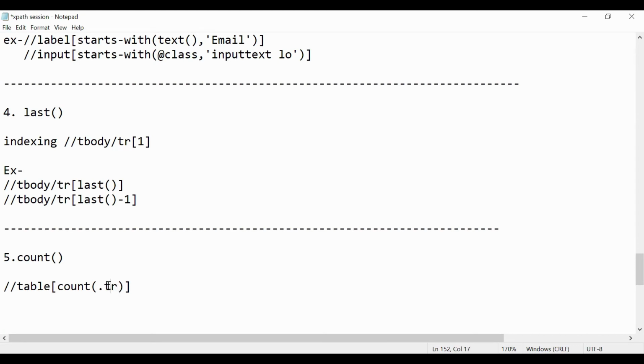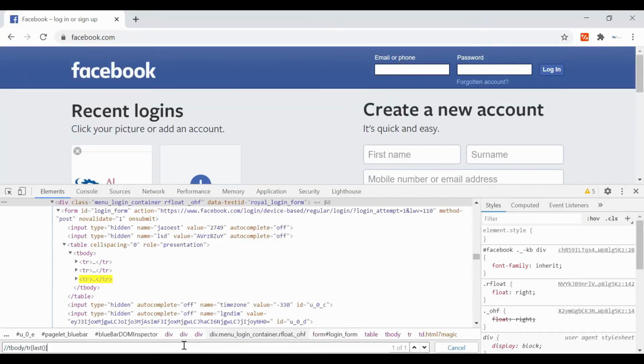Dot equal to, and in our example it is 3. So let's go and check. As you can see, it is highlighting 1 of 1, and it is highlighting this entire table.